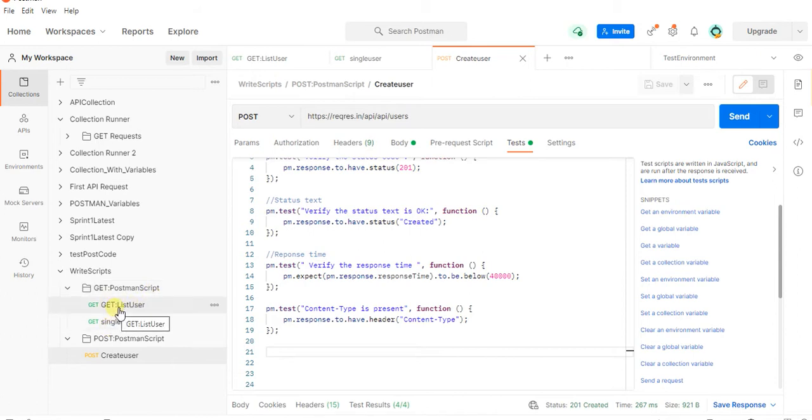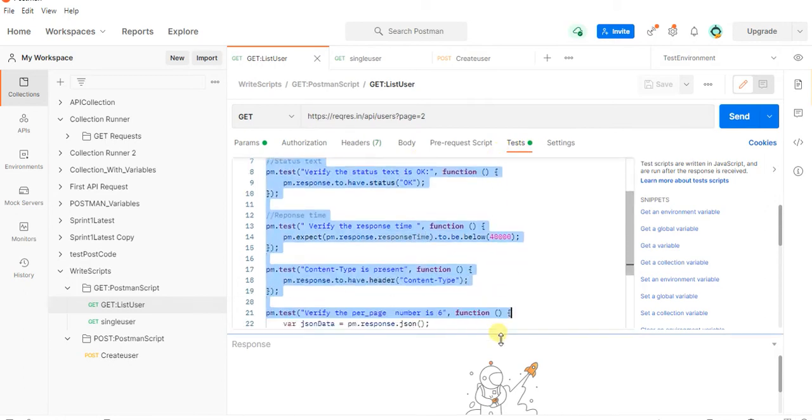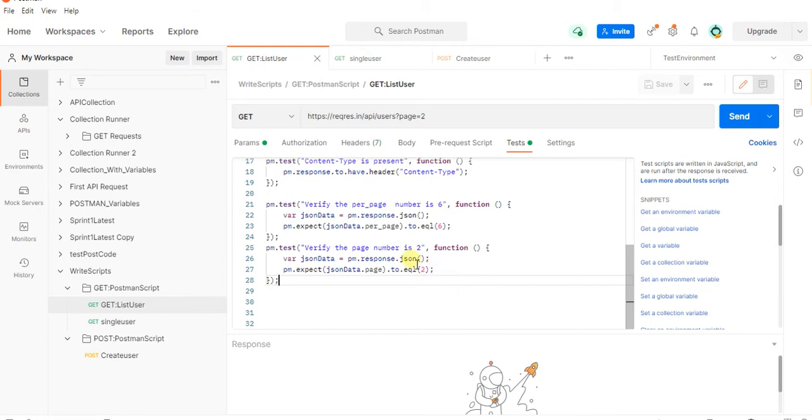Two requests are available. I will just open. So here I already opened. In the test script I have added some scripts. These are the scripts I have added. Let me send this request.